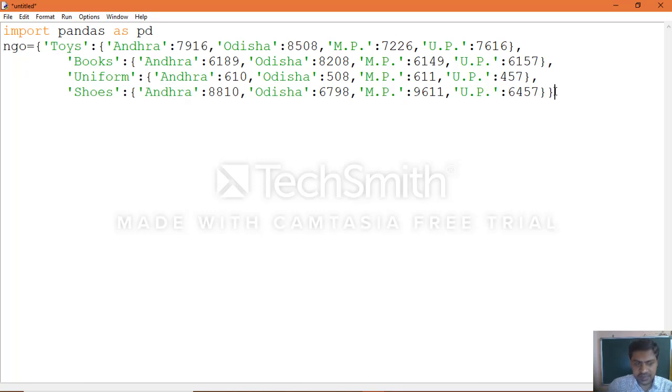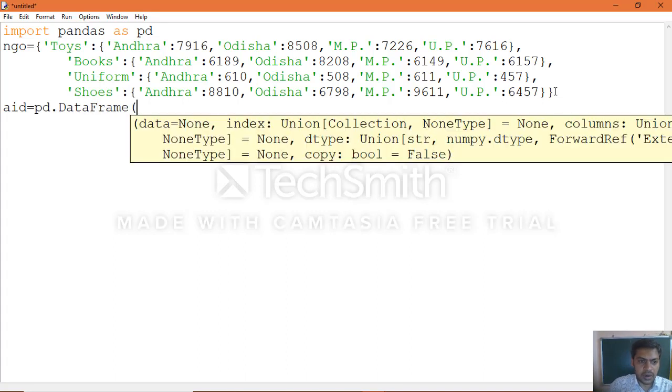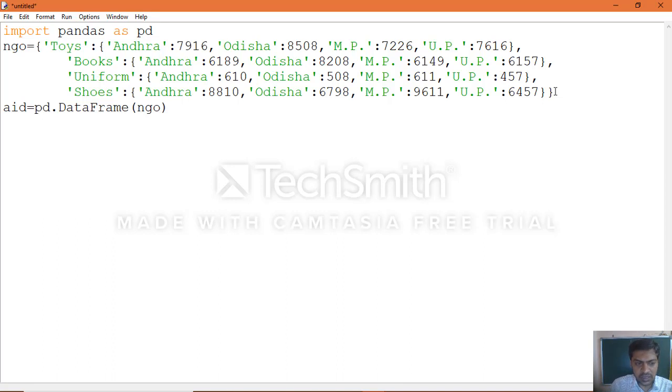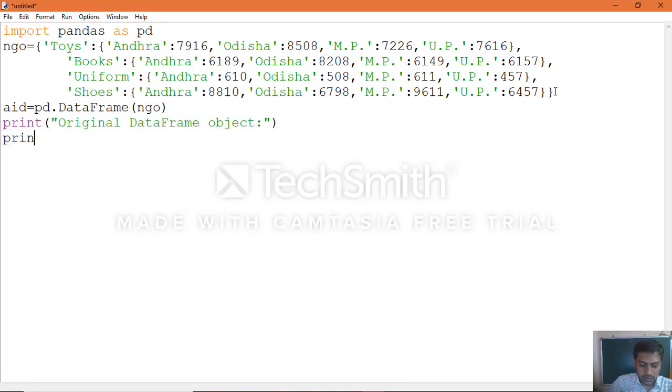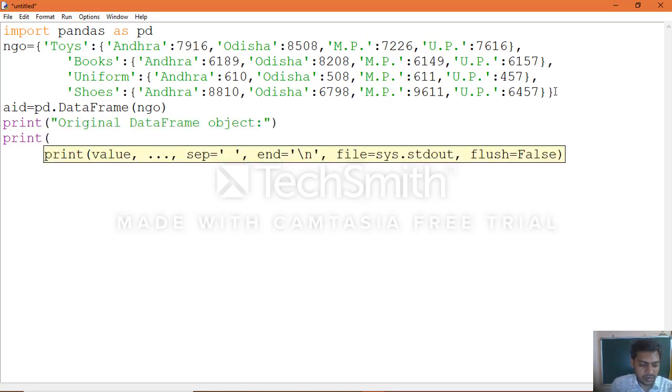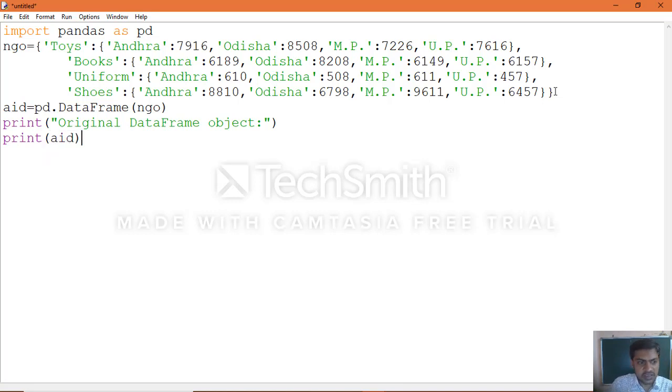Once you create the dictionary, you create the object as specified: pd dot DataFrame of the dictionary object name which we created. Here there is an optional statement you can use: print the original data frame object. This is optional.